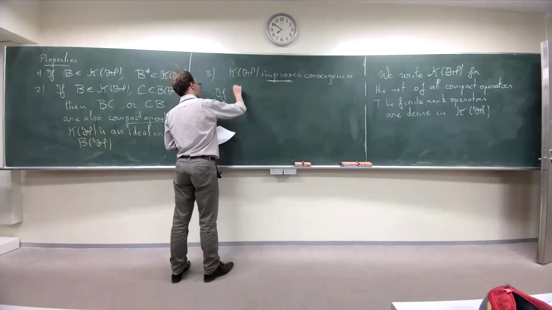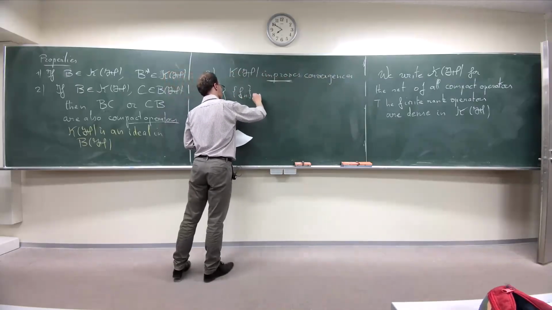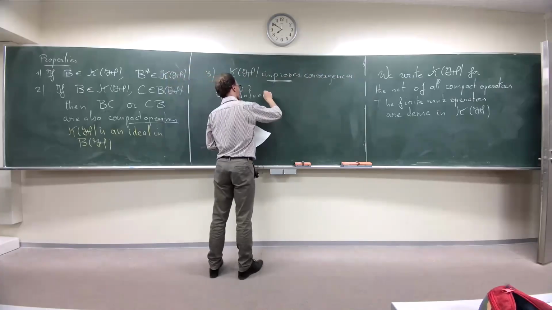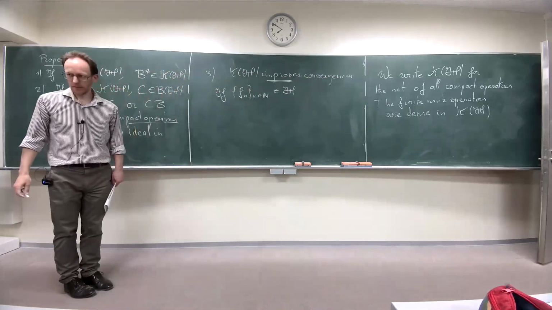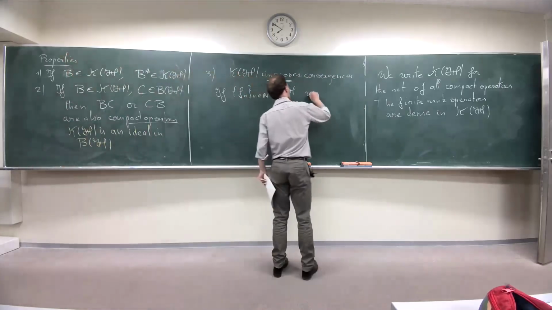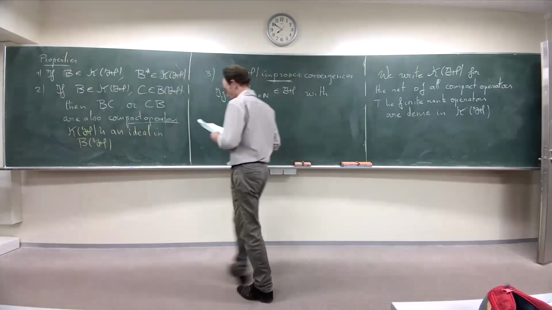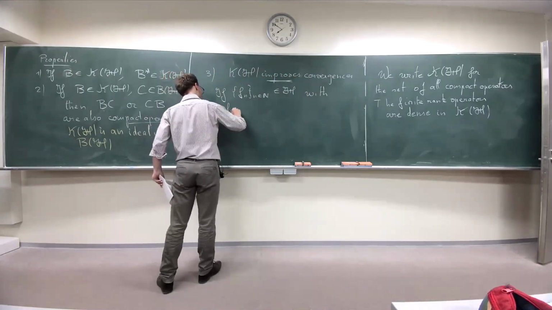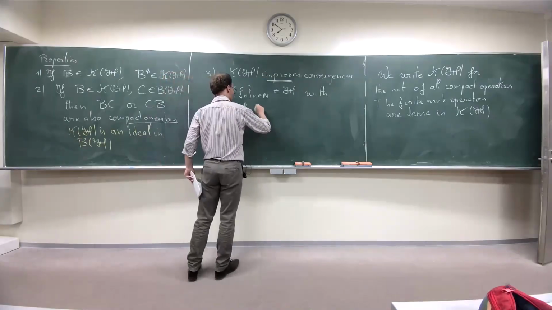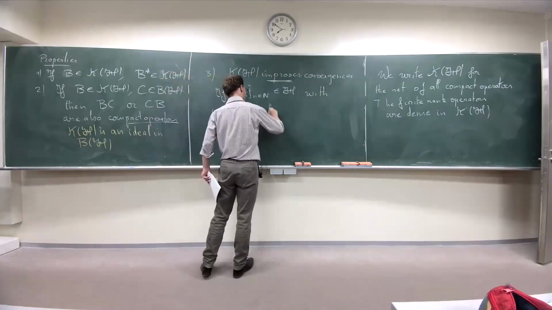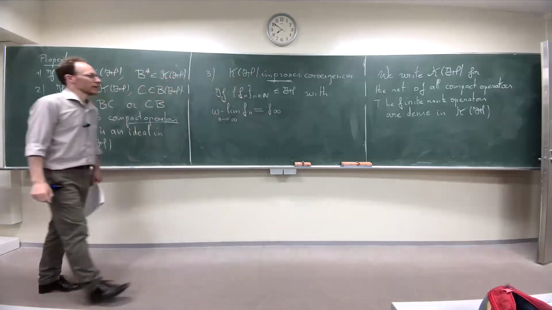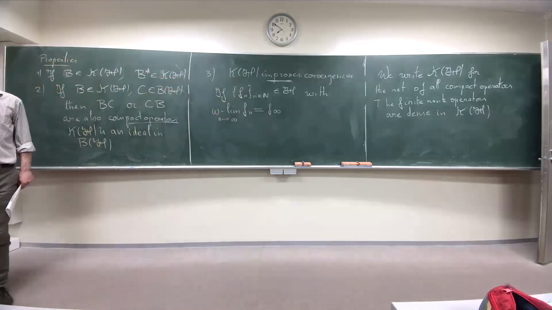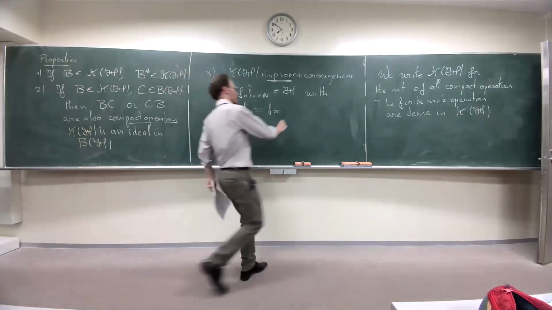If we consider Fn a sequence in H with weak limit. This last property is not so important. If you don't like it, just forget it. I consider a sequence which converges weakly, which means it converges only in scalar product. Then